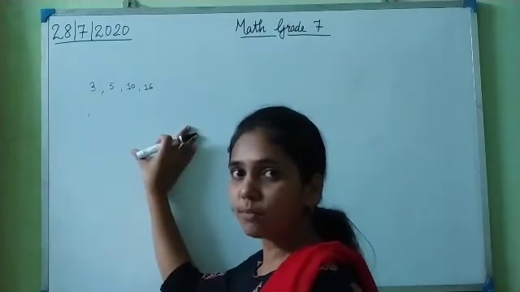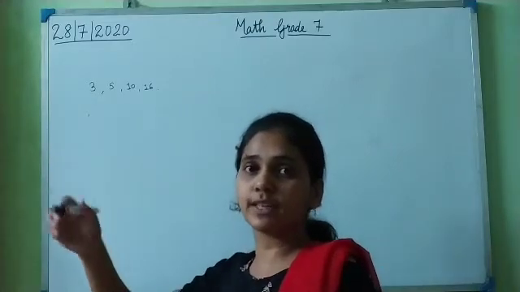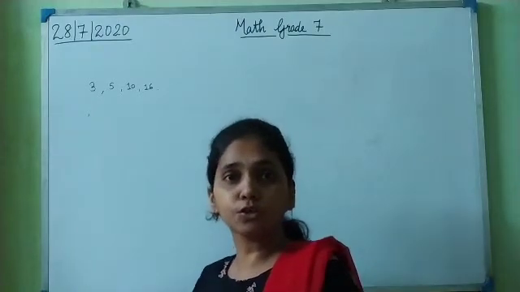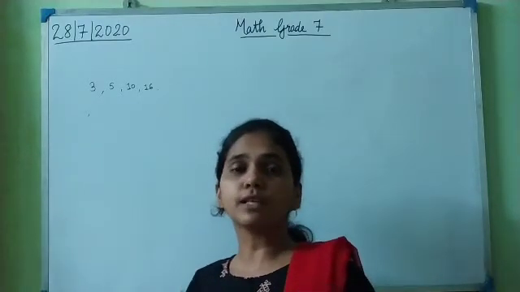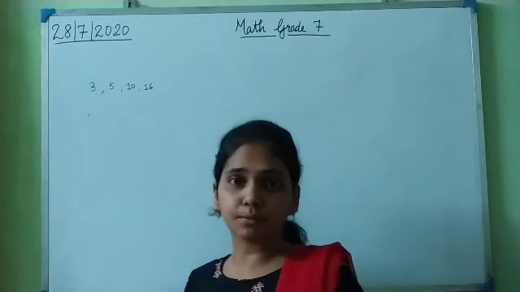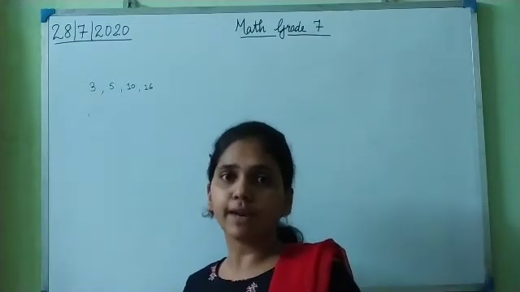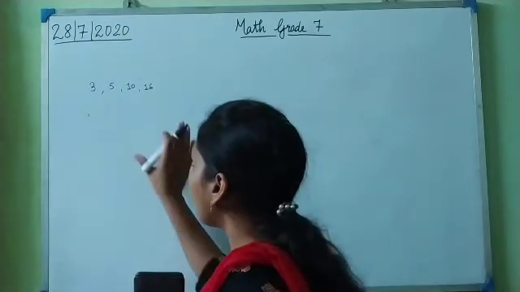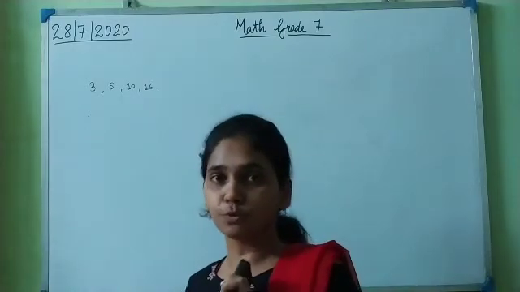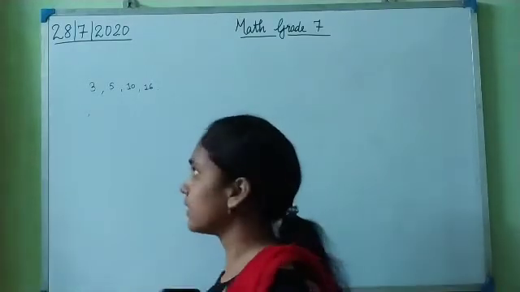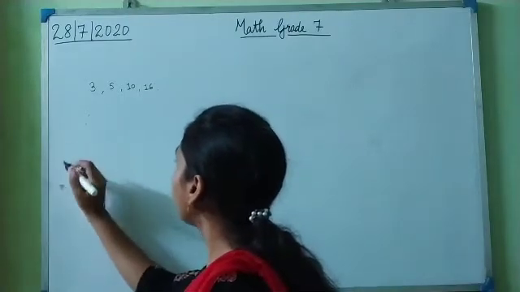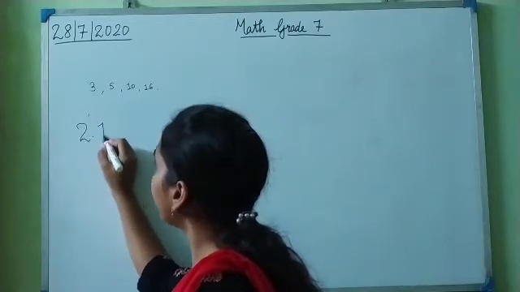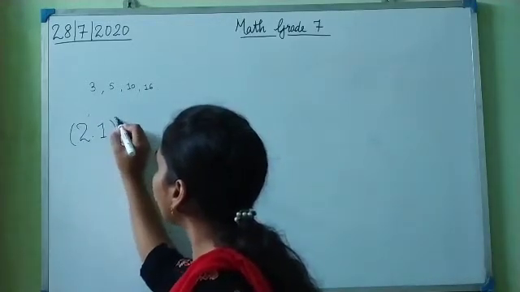But if we have very large numbers, like 106 or 1000 and something, and we have to find the cube of this number, that means multiply a larger number 3 times to itself, then the calculations would be very difficult. So at that time we use a scientific calculator. So how to use a calculator to find a cube and a cube root of a given number. Let's do the first one. If I take the number 2.1, I have to find the cube of the number 2.1.